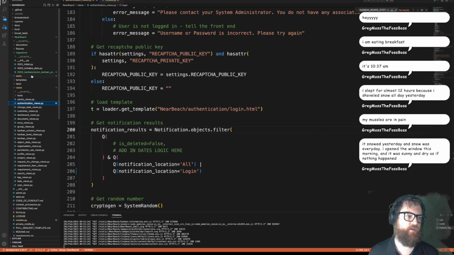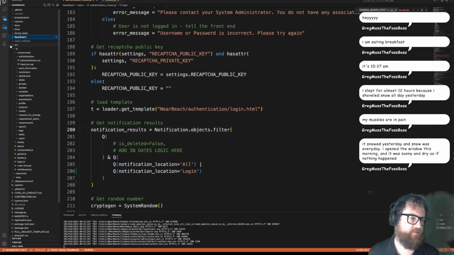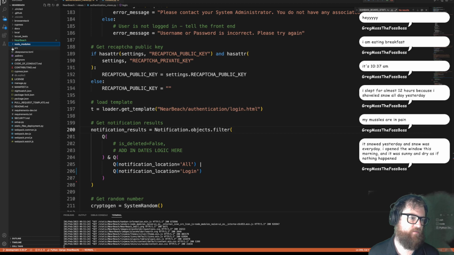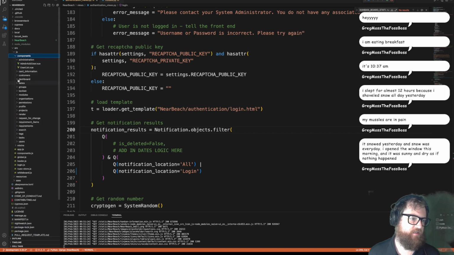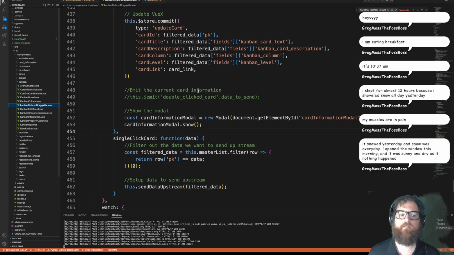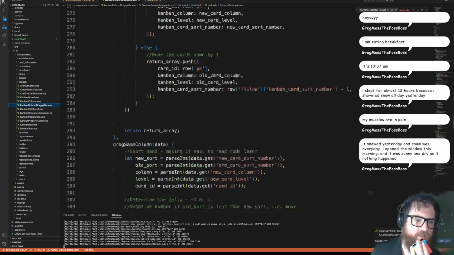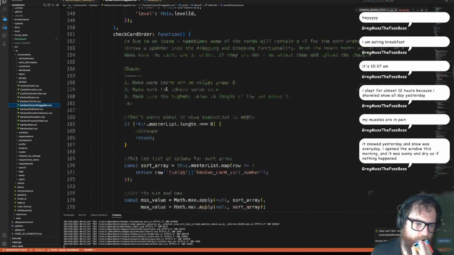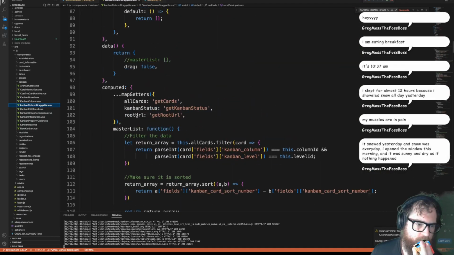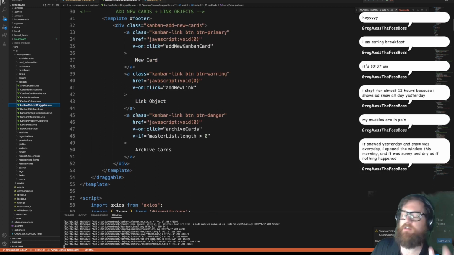So we'll go over here. All right, we're going to minimize this. We're going to click on our node modules. We need to go to Kanban column draggable. So here we are, the draggable sort of stuff. If we scroll up to the template, there is a lot of code in this one. A lot of that code has to deal with the draggable situations and managing the data. If you see here,